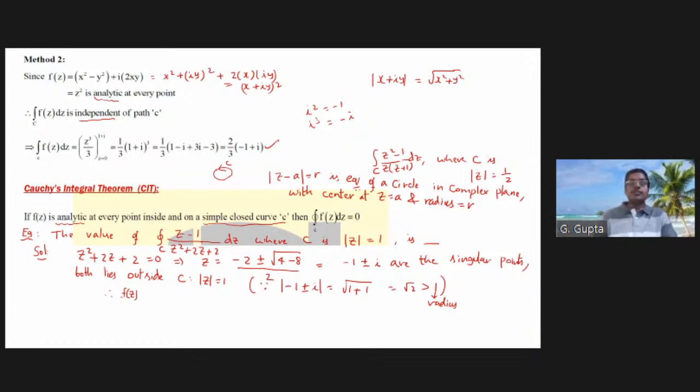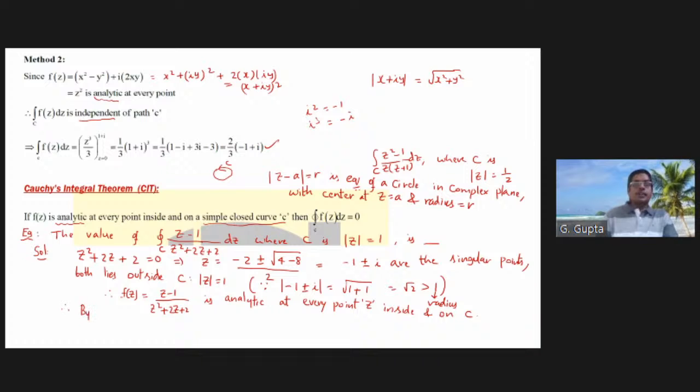F of z is equal to z minus 1 divided by z square plus 2z plus 2 is analytic at every point z inside and on C. Therefore,